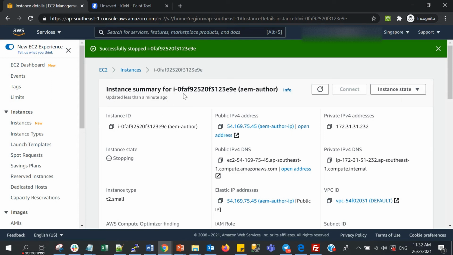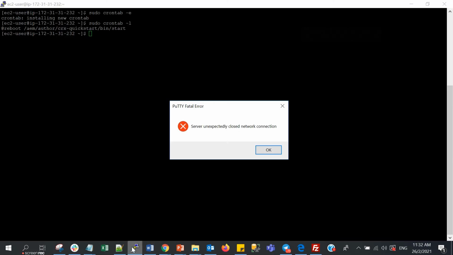Automatically, when we stop the instance, the SSH will also get this kind of error. The network connection will be closed as well, and we will see this pop up.